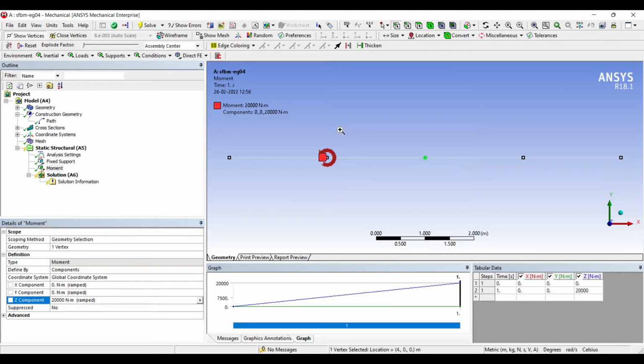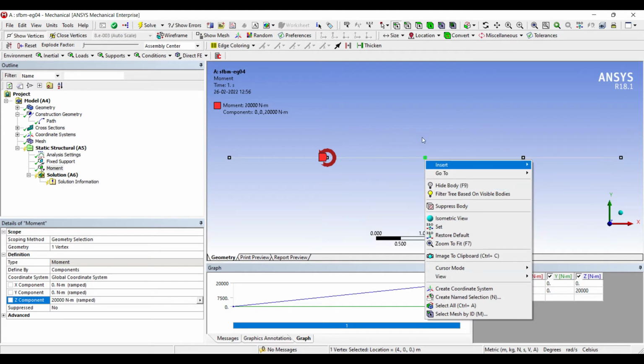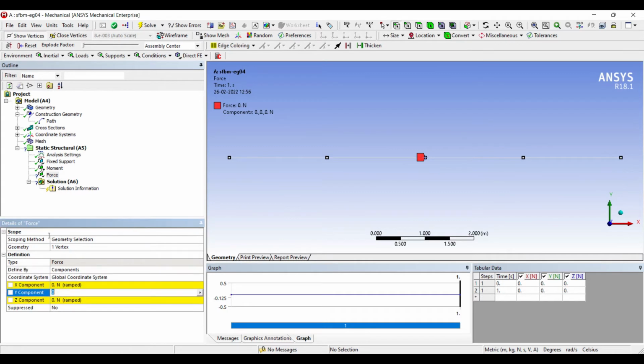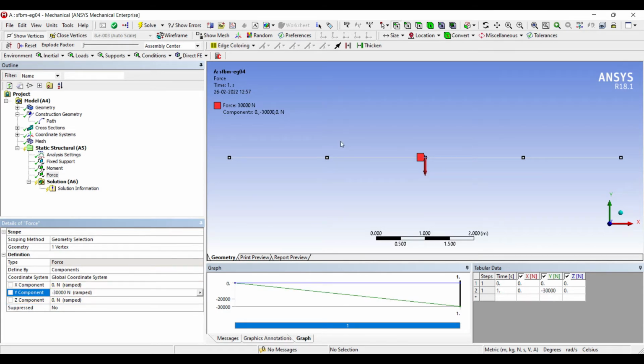Next, I'll go to the point C. Here there was a fixed load in the downward direction, so it will be about the y-axis, and the value is 30 kilonewton, so it is minus 30,000. You can check with the directions. There is nothing fixed. You can just check what is the orientation or what could be the sign convention of the software. Accordingly, you can solve. There is nothing like a fixed rule like anti-clockwise is negative or clockwise is negative. It's a sign convention. So that can be assumed, or it could be differing from person to person, from software to software. So accordingly, you can just use it. It is no hard and fast rule.